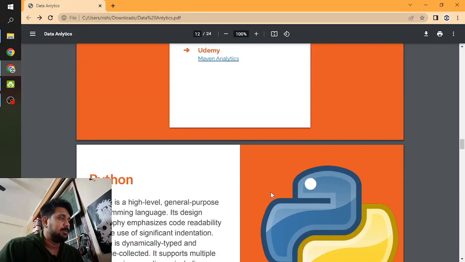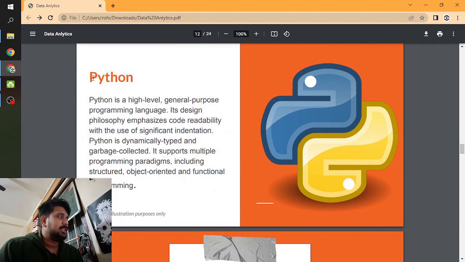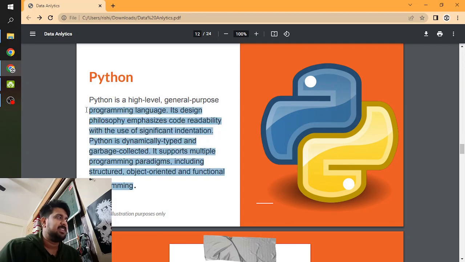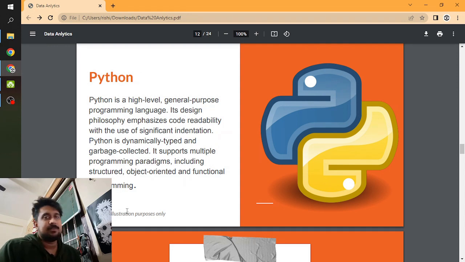Yeah. So moving further, here comes Python. People generally ask me how much we need to learn Python. With Python you can do anything related to software development, game development, and anything. But for us, the data scientists, we need to know the basics of Python, and the most important are the Python